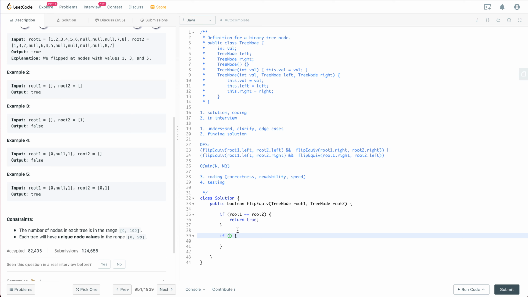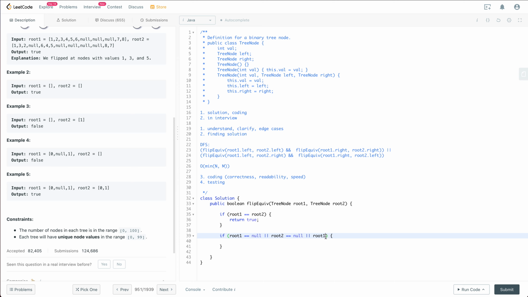In this case, if root 1 is equal to a null pointer, or root 2 is equal to a null pointer, we return false. Here root 1 is not none and root 2 is not none, because in Java, if root 1 is equal to none, then it is going to be true, and we are not going to evaluate the rest of the things. So